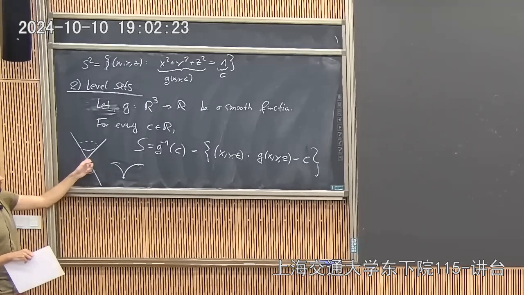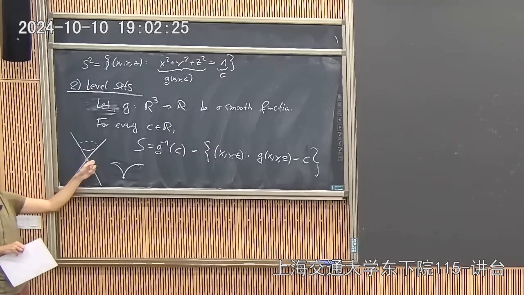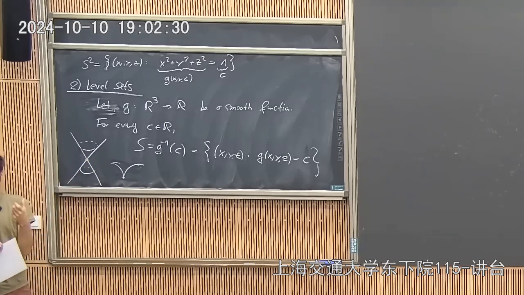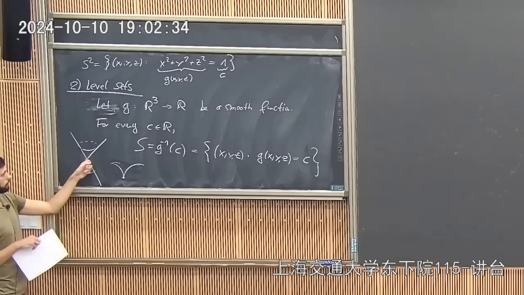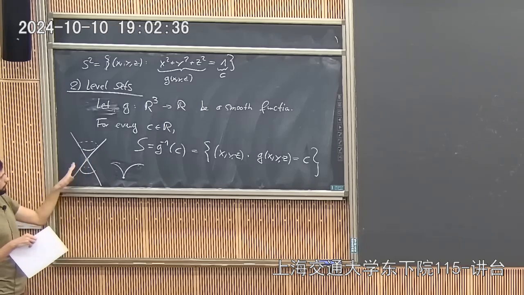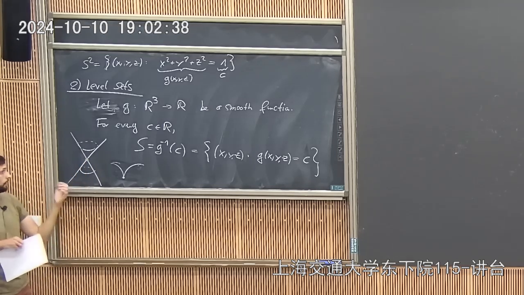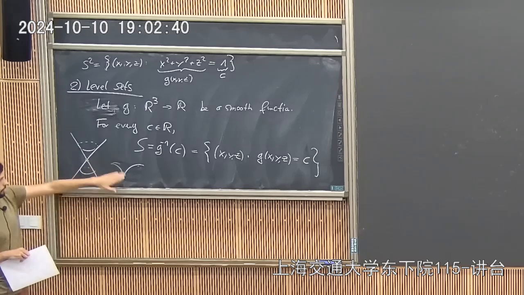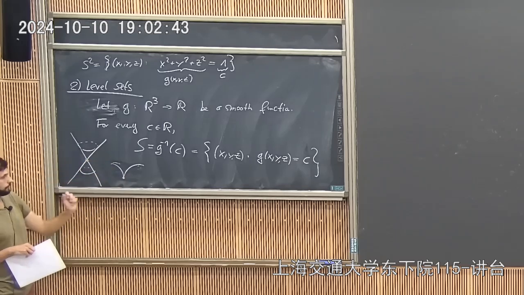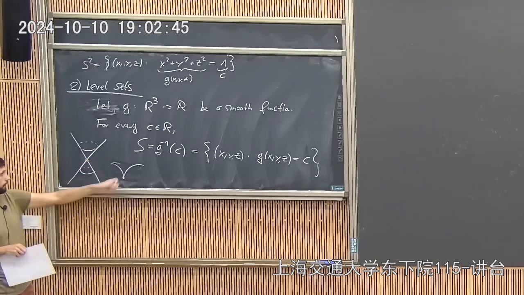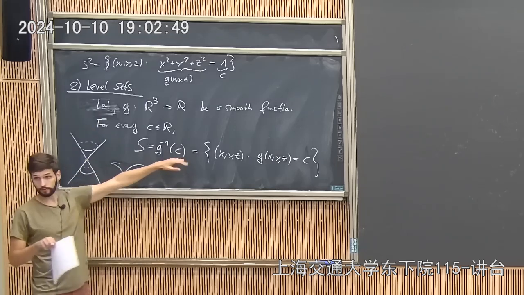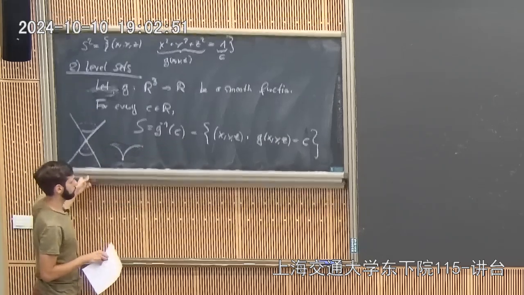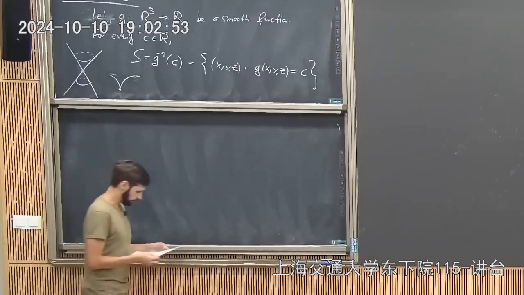And essentially, the same problem occurs here if you want to write down charts. You can't do that at that point because something breaks. Essentially, you go down in dimension: the point is zero-dimensional where everything else is two-dimensional. It's similar to the curve case, where at that point you're zero-dimensional. And so this level set is not always a smooth surface, but there's a nice criterion